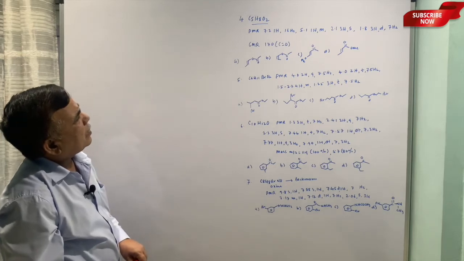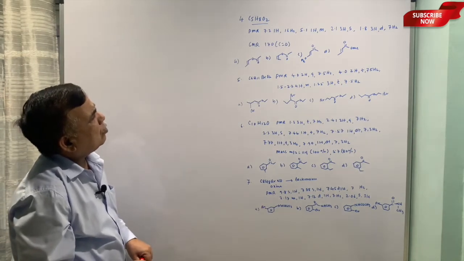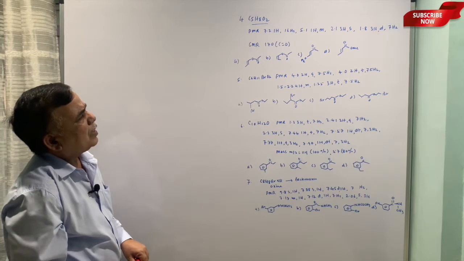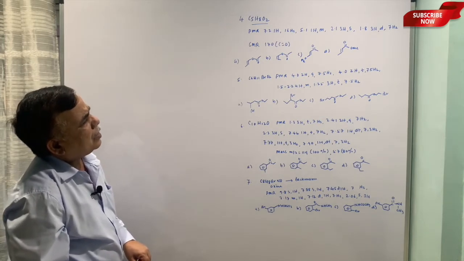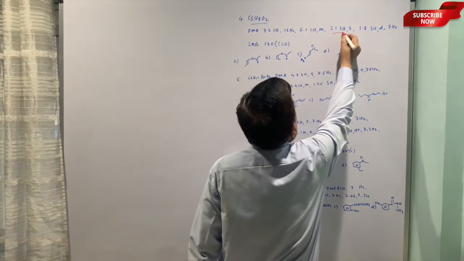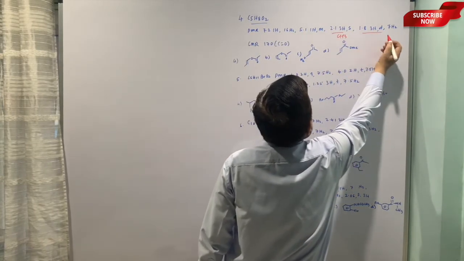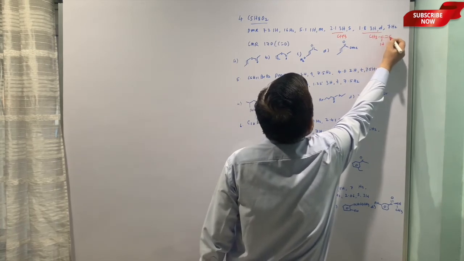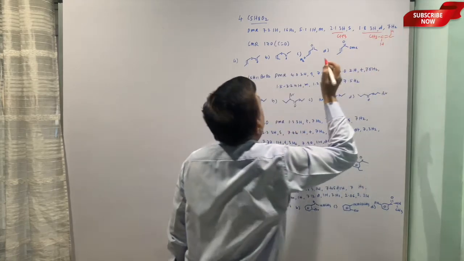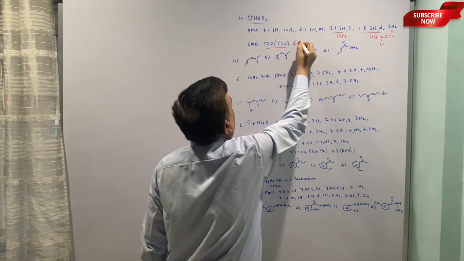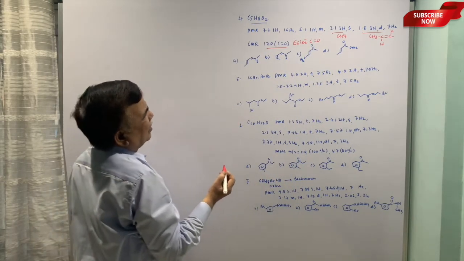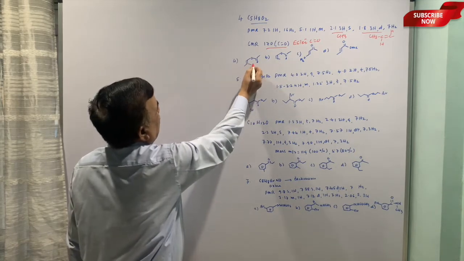Next one is C5H8O2, PMR 7.2, 1 proton, coupling constant 16 Hertz. That 16 Hertz suggests that it is a trans-coupled olefinic proton, and 2.1 singlet. Now this singlet is CH3. This 3 proton doublet is CH3. Maybe next is CH, this olefinic CH we are talking about, and this indicates ester carbonyl. So in all probability, the methyl doublet is this.